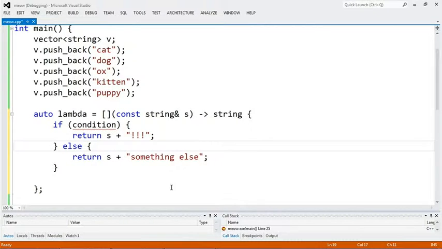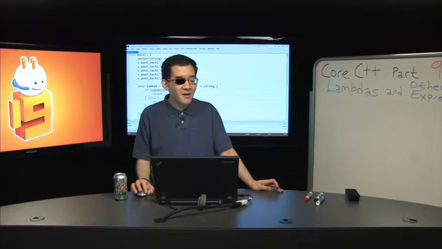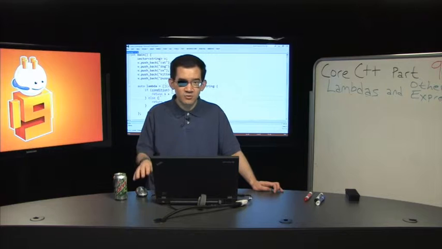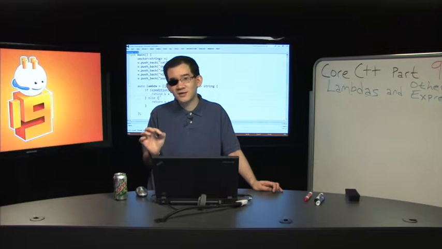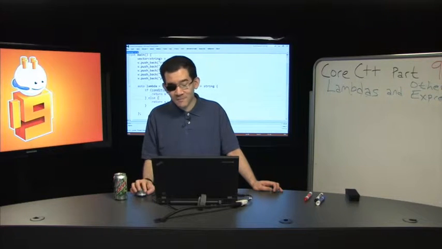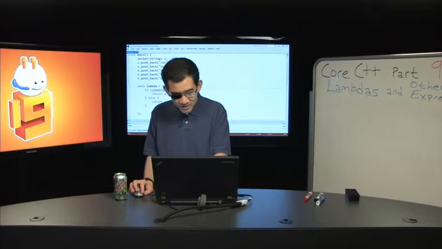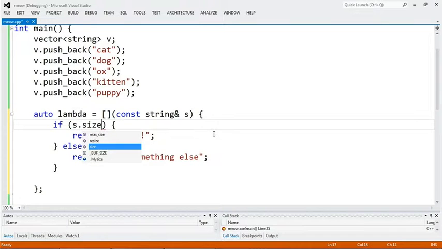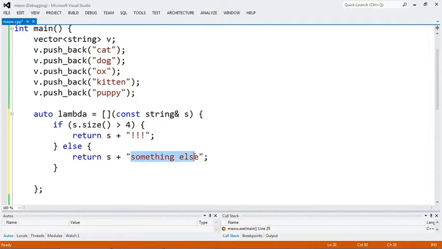So C++14 has already changed its rules, and it says, okay, you can now have multiple return statements in a lambda, or a return statement in other stuff, and you'll still get an automatically deduced return type as long as all of the types in the return statements are identical. And this was actually implemented as an extension in Visual Studio. So if I get rid of this, and if I make the string here, let me say if s.size() is greater than 4, then I'll say s plus some question marks, and I don't think I want a trigraph here. I'll just say 2 question